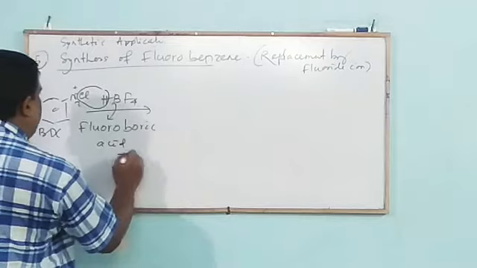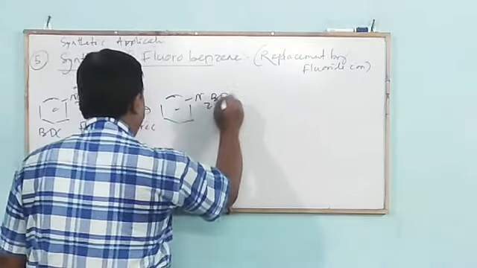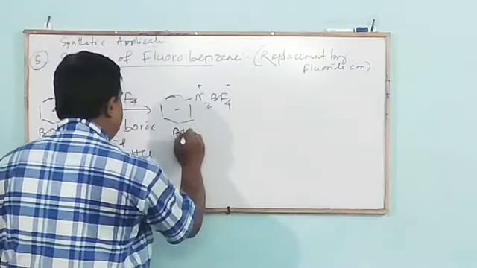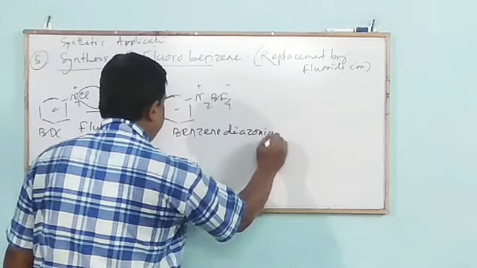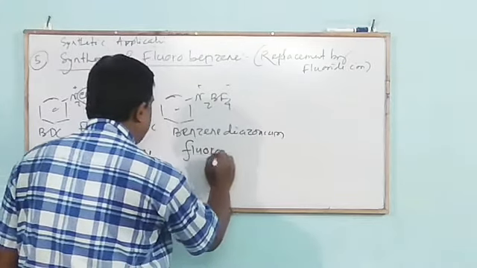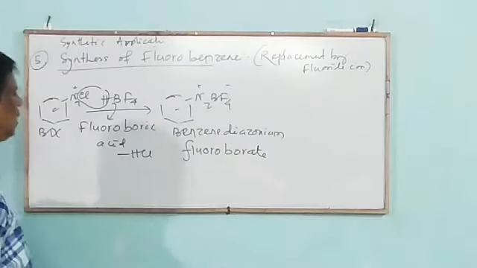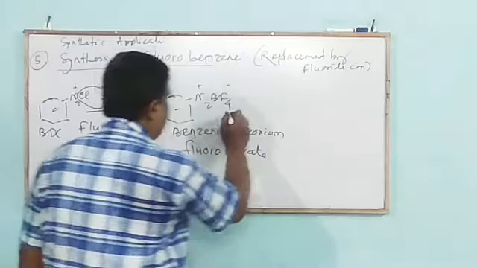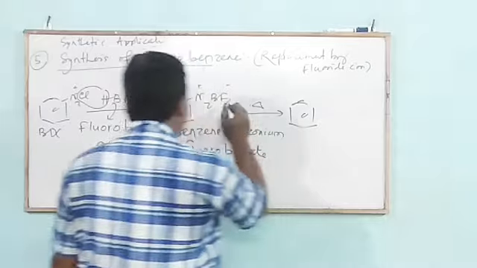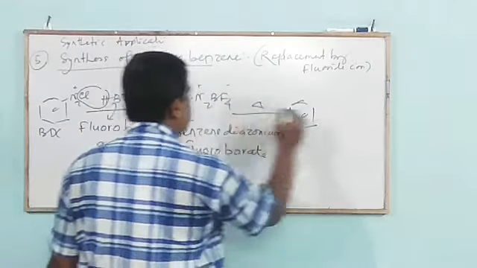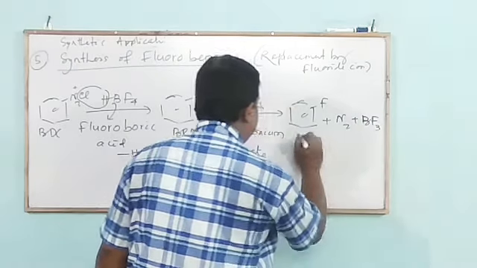When it reacts, H combines with Cl, byproduct HCl, to form C6H5N2BF4. Its name is benzene diazonium fluoroborate. The precipitate is filtered, dried, and upon heating, what happens? This bond breaks. One fluorine atom transfers to here, plus N2 plus BF3,